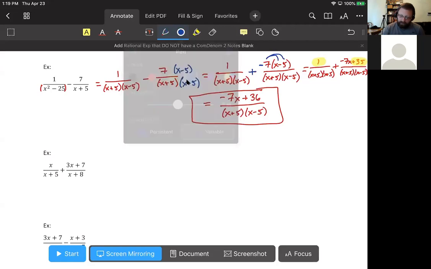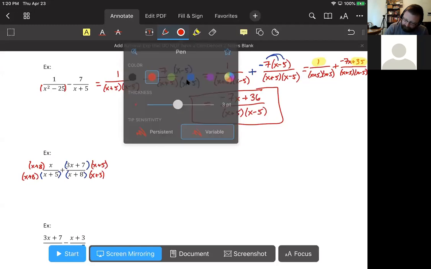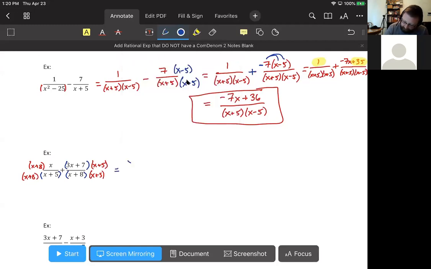Okay, our third example here is very similar to the first example. Our common denominator should be x plus 5 times x plus 8. So the first fraction needs to be multiplied by x plus 8. And the second fraction needs to be multiplied by x plus 5 in order to get a common denominator. So that would give us x times x plus 8 over x plus 8 times x plus 5